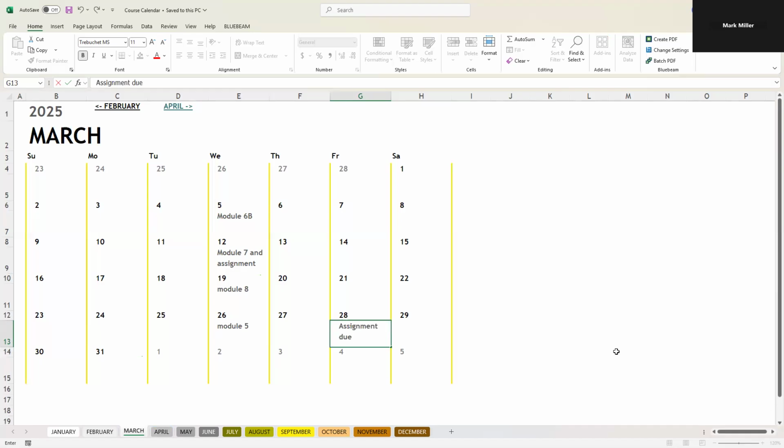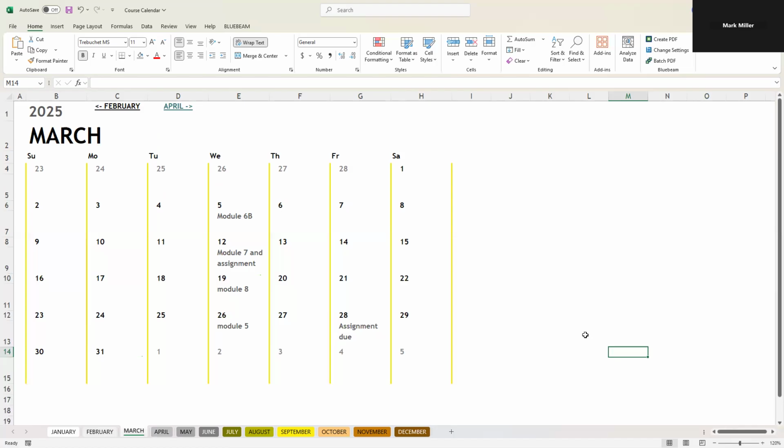So the assignment is due on Friday, the 28th of March. And it's very easy for me to tell if the assignment is late or not, because if you send me the email with your assignment and it's received on the 28th, it's on time. If it comes in on the 29th, it's late, right? Because